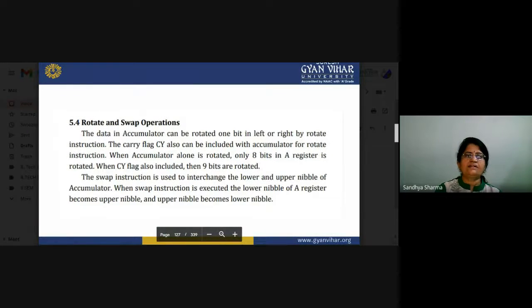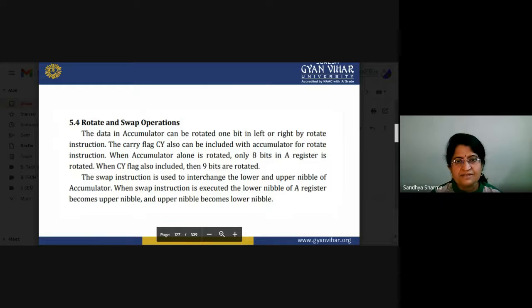Now rotate and swap operations. The data in the accumulator can be rotated one bit to the left or right by rotate instructions, and the carry flag CY can also be included with the accumulator for rotate instructions. When the accumulator alone is rotated, only 8 bits in the A register are rotated, and when the carry flag is also included, then 9 bits are rotated.